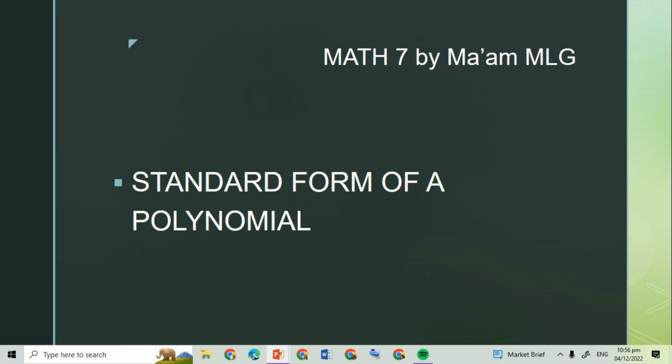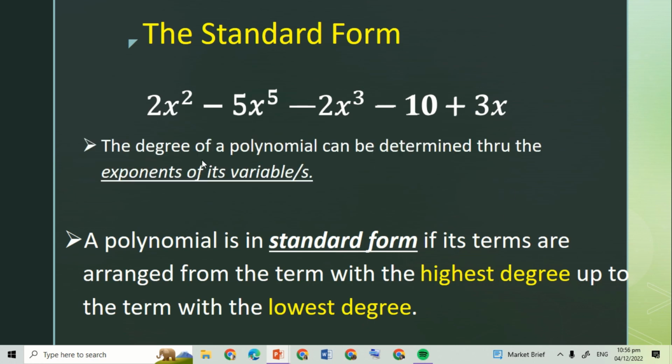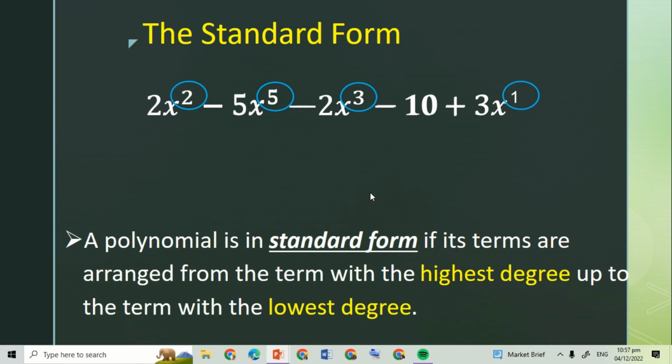Today, I am going to discuss how to write a polynomial in standard form. A polynomial is in standard form if its terms are arranged from the term with the highest degree up to the term with the lowest degree. Remember, the degree of a term or of a polynomial can be determined through the exponents of its variable. Therefore, the standard form of this polynomial is